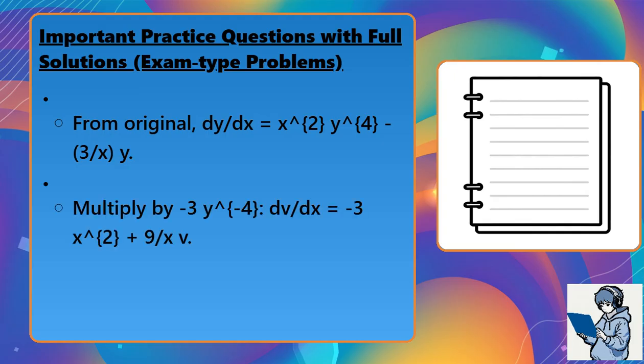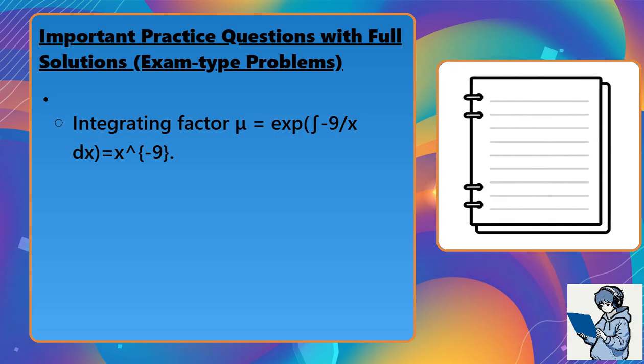Multiply by minus 3y to the minus 4. dv/dx equals minus 3x squared plus 9 over x times v. Linear ordinary differential equation: dv/dx minus 9 over x times v equals minus 3x squared. Integrating factor mu equals exponential of the integral of minus 9 over x dx, which simplifies to x to the minus 9. The derivative with respect to x of x to the minus 9 v equals minus 3x to the minus